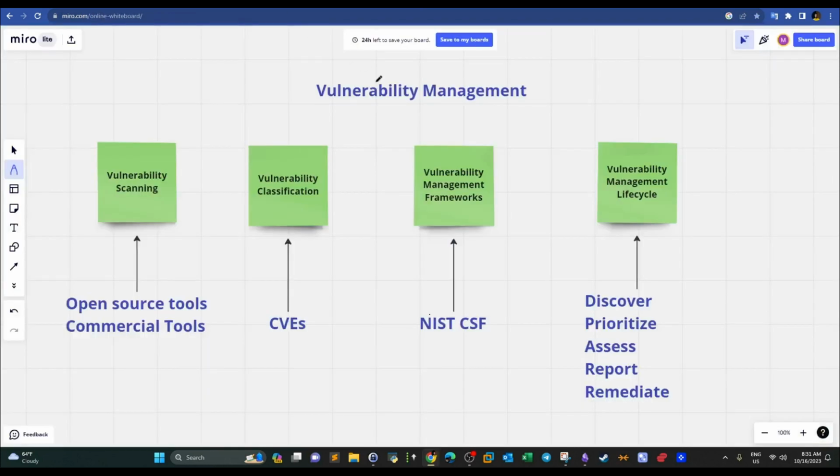Alright, so vulnerability management as a definition. Okay, so the first thing is to know what is vulnerability management. So it's actually an ongoing, proactive